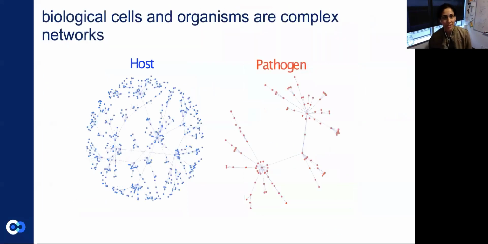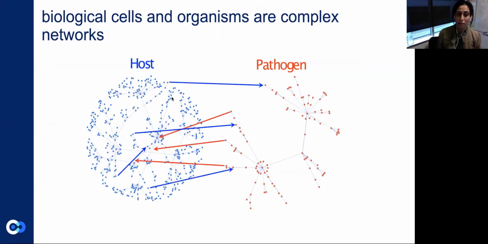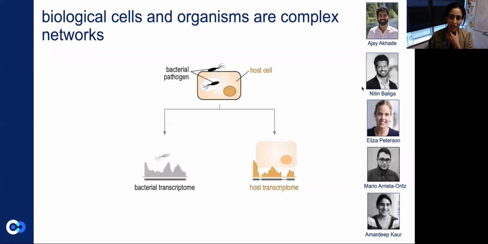But as we know, cells and organisms are actually complex networks, and so is Salmonella and its corresponding host. We're recognizing that there are multiple interactions between the host and the pathogen that determine how a pathogen hides away inside the host cell. Together with the Baliga lab at ISB and Eliza, Mario, and Amardeep in Nitin's lab, Ajay in my lab has been leading this project, and he sequenced intracellular Salmonella from